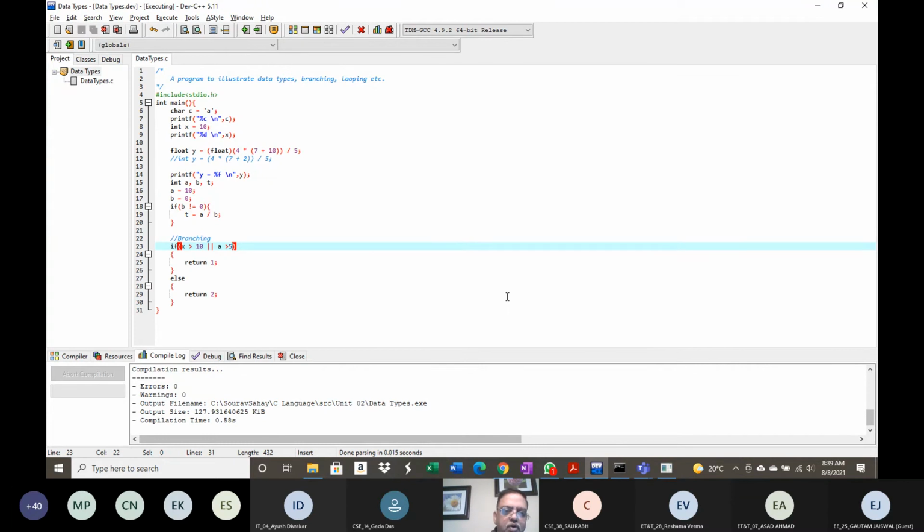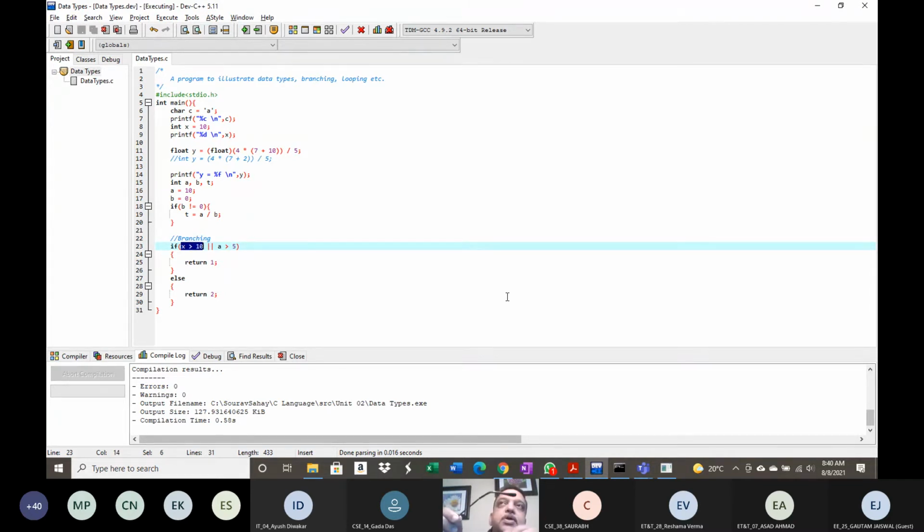All right. Now I'll tell you about this logical operator. This logical OR is there. What it does is it finds out whether this is true or that is true. Any operator will have operands. This is an operator, and it is a binary operator. Why? Because it takes two operands.